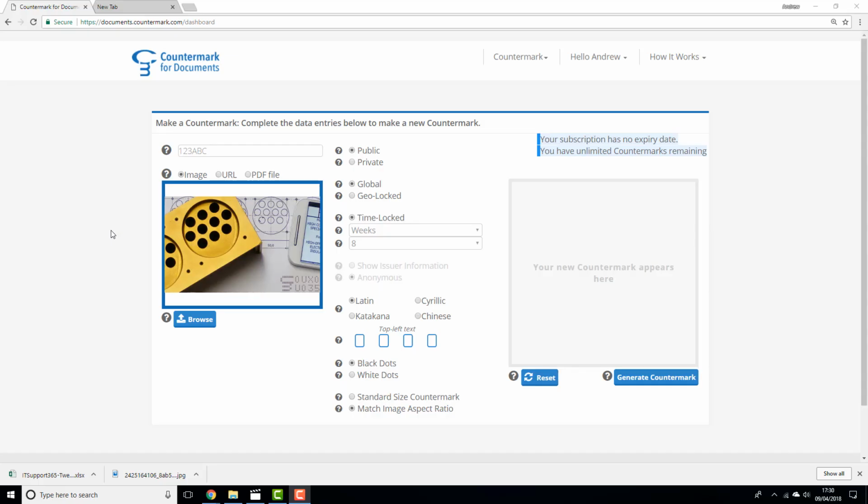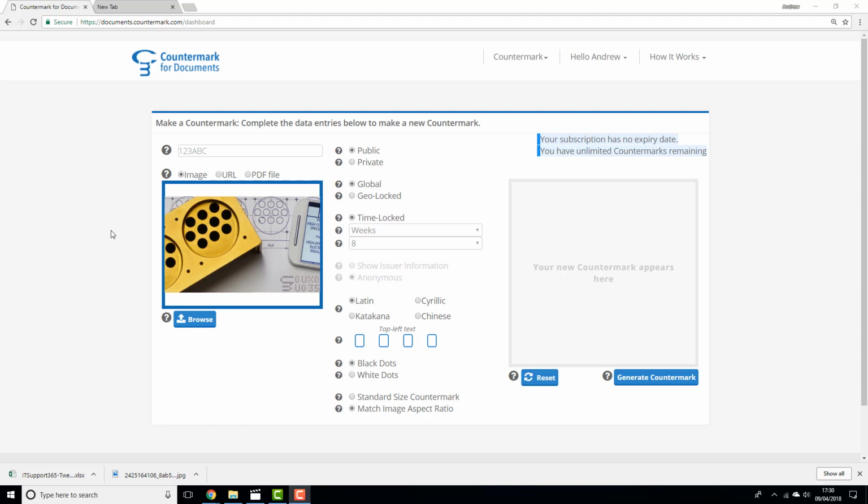This tutorial covers customizing part of a countermark, that is, making part of the countermark human readable. Why would you want to customize a countermark? To add a human readable element to the code. It may be that you want to include a part number, an inventory reference, a department code, or an element